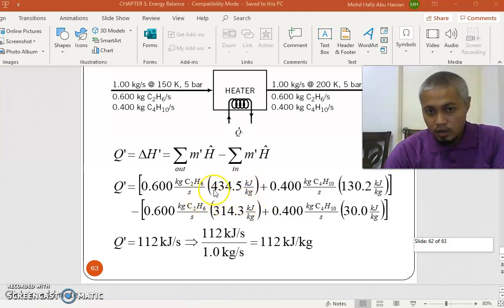After you solve this part, you will get this value, 112 kg per second, and then the question asks you to find the specific value. So you need to divide by the total mass flow rate here, 1 kg per second, so you get 112 kilojoule per kg, because second and second cancel out